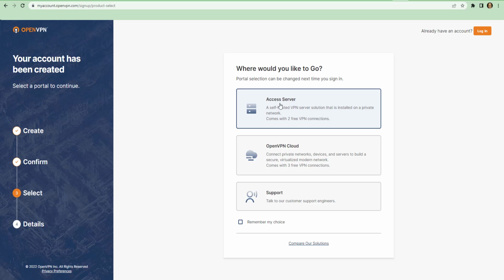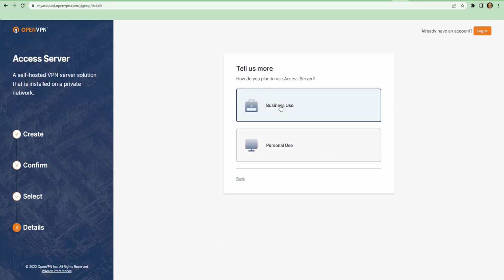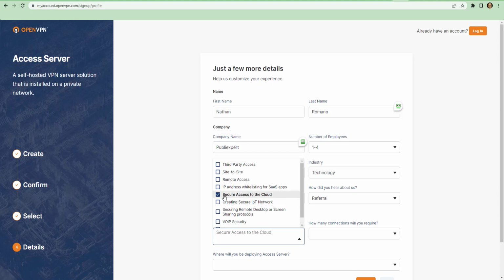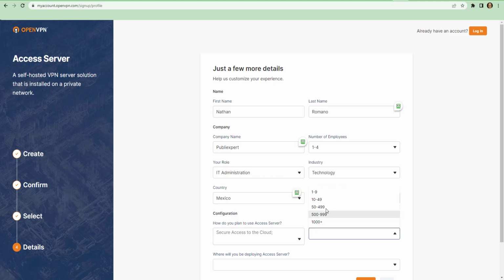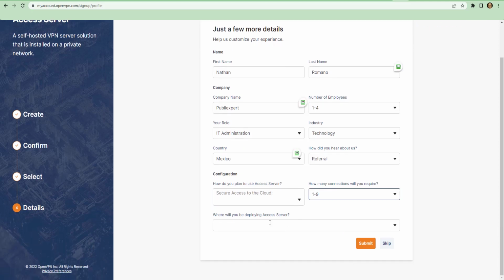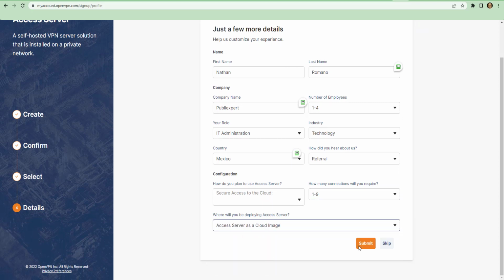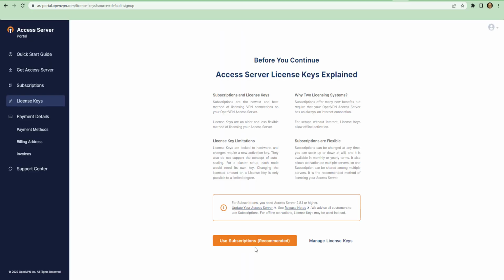You have an access server, so all you need to do is click here. You can choose either personal or business. You need to enter all your information. Here you can choose secure access to the cloud or whatever else you need to choose here. It doesn't make any change. And you already have a cloud image. So that's it. Once you sign up,